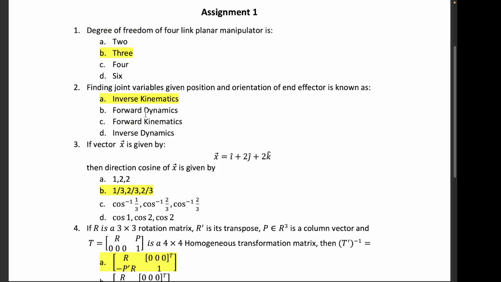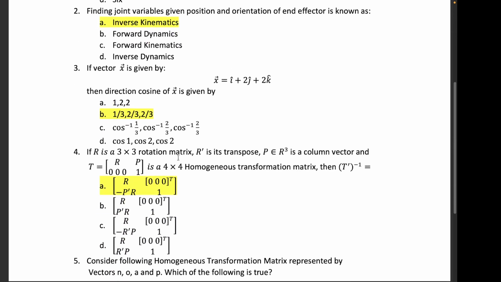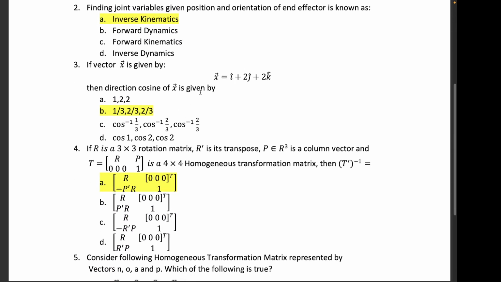The forward dynamics and inverse dynamics are also similarly connected. In forward dynamics, we know the forces and torques and compute the accelerations, while in inverse dynamics, we know the accelerations and we compute the torques or forces that are required to create those accelerations. So the next question is that a vector is given as 1i plus 2j plus 2k, and we have to